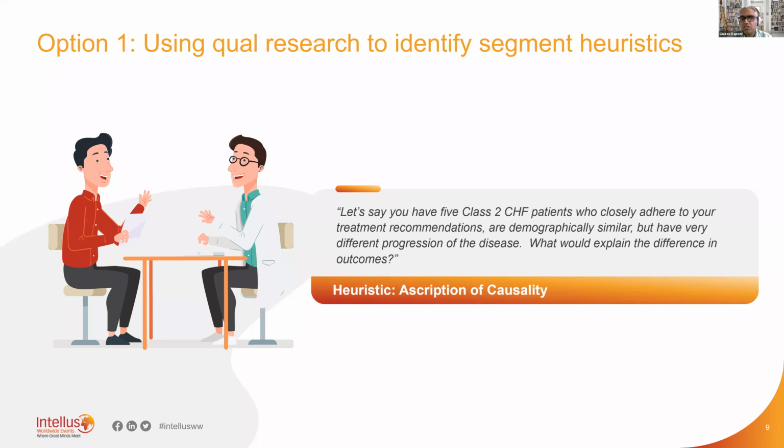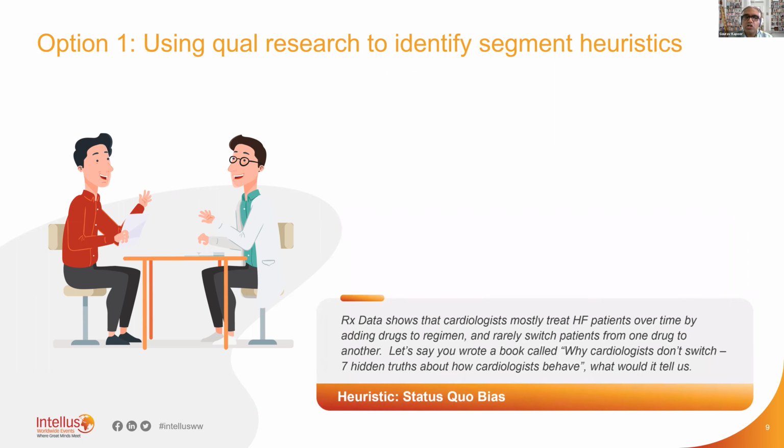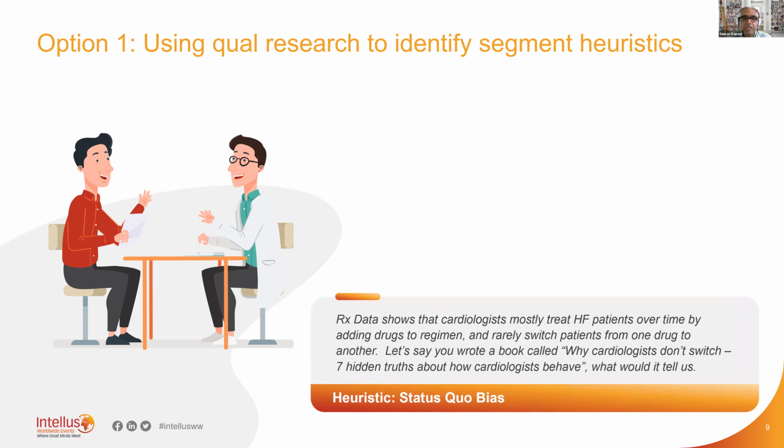So these are just suggestions. We're not going to go through all of them, but you can get the idea that you need to disguise the intent in your interviewing. You'll have to do it very carefully. First of all, you need to start with a short list of heuristics you want to study in that interview, because you can't study hundreds of heuristics, of which there are 650 plus that have been identified so far.